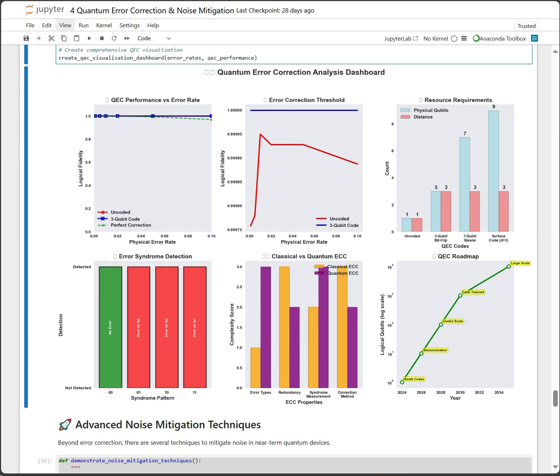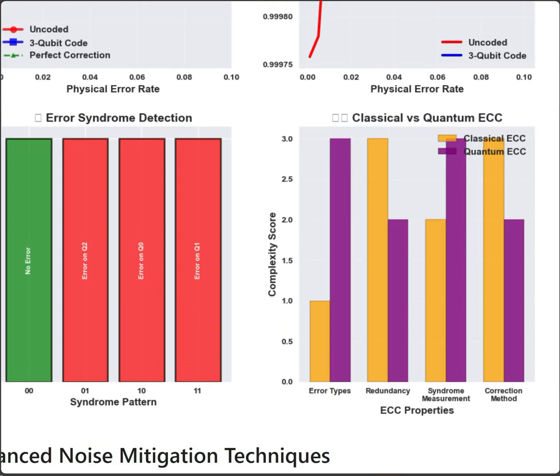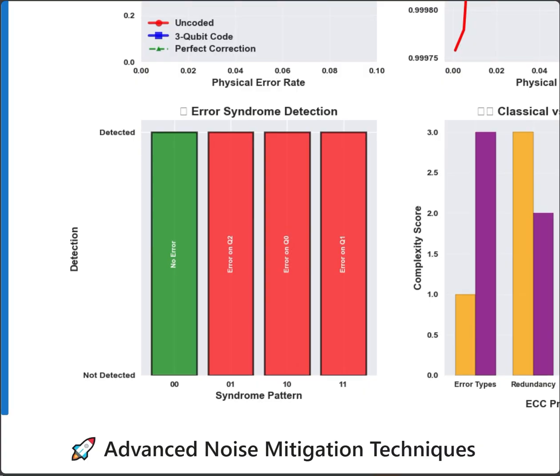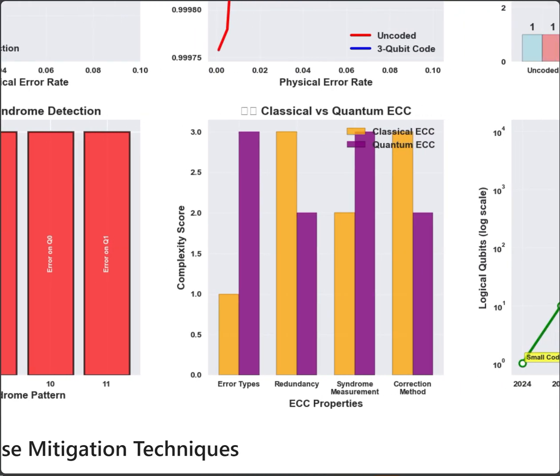For error syndrome detection, if you check the first possible states when you have 2 qubits, you can check a syndrome pattern where 0, 0 is non-error, 0, 1, 1, 0, and 1, 1 are the ones with errors, and you can name it as Q2, Q0, and Q1, which means the qubit number 2, qubit 0, or qubit 1 when you detect one of these syndromes. And the classical versus the quantum